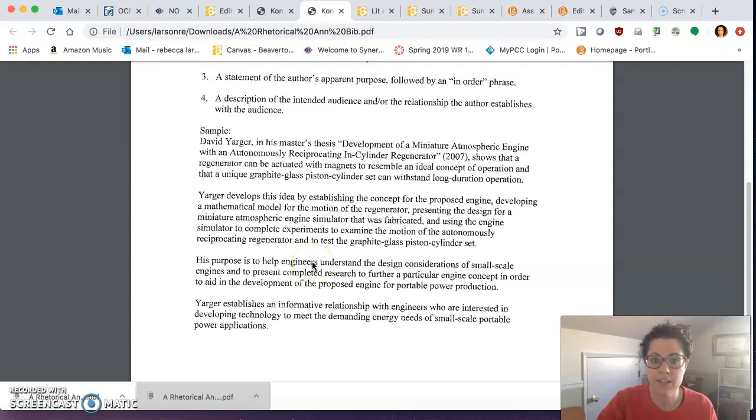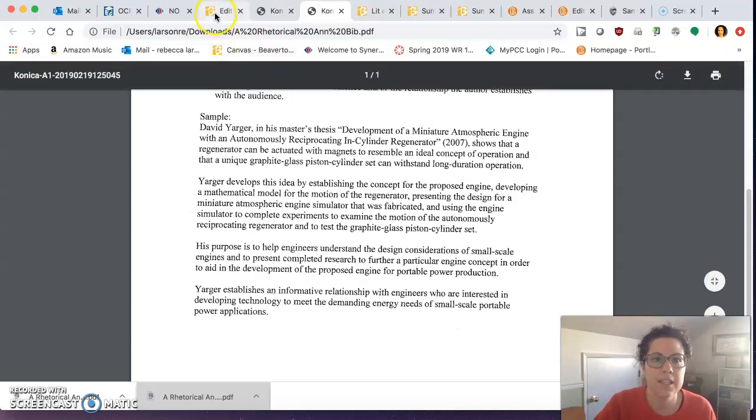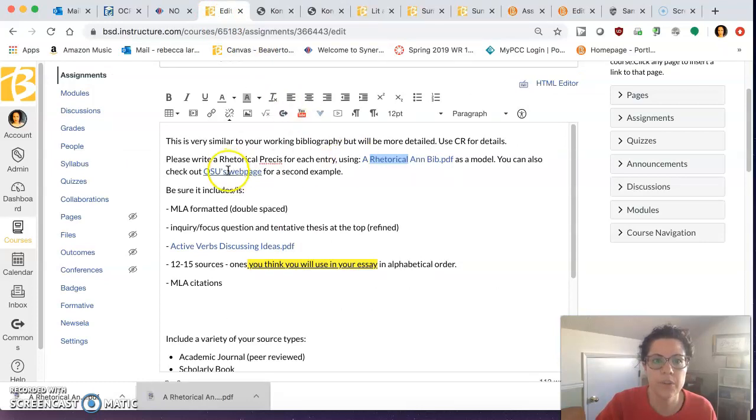Consideration in small-scale engines. How does he do this? He establishes an informal relationship. So when you're watching a TED Talk, it's not informal. In fact, TED Talks are much more kind of personal. The person's kind of talking to you. They usually use an anecdote to break the ice, whereas a peer-reviewed resource like this one is going to be very different. In the assignment as well, I also gave you OSU's website, which I think will also be